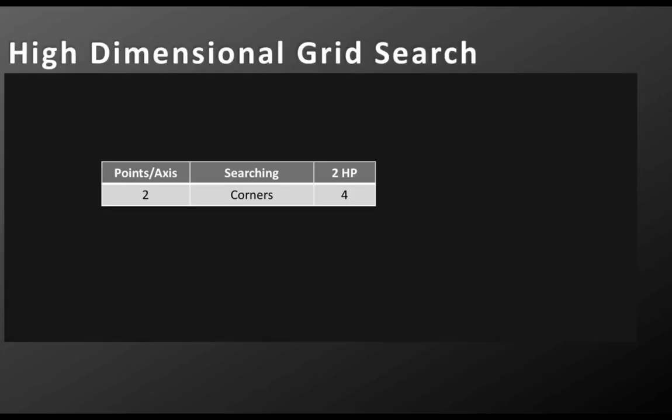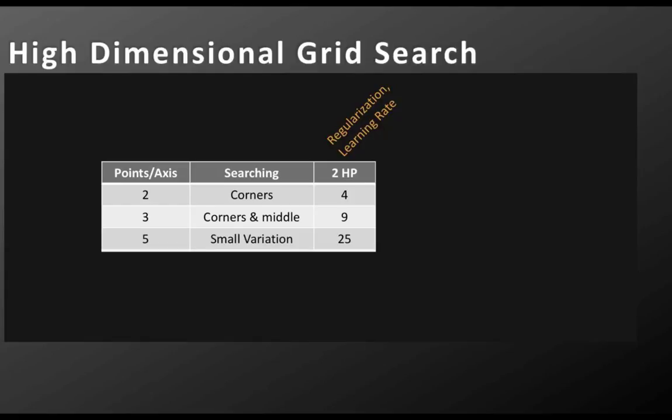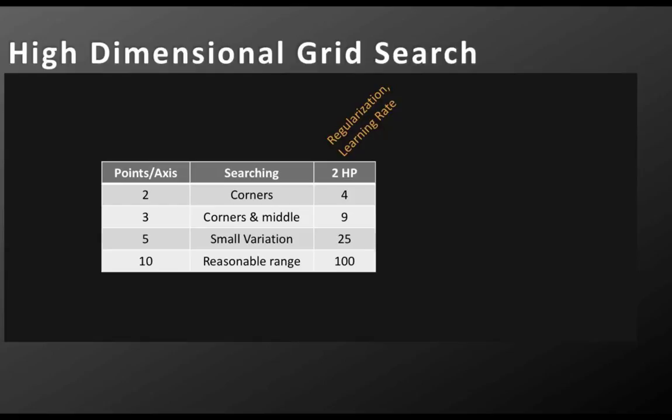So consider this geometric analogy, and let's say you're tuning only 2 hyperparameters like learning rate and regularization. And all you want to do is try the corners of this configuration space. That's 4 training jobs. Now, if you want to try the corners and the middle on each axis, you're up to 9. If you want some variation, you're up to 25. And if you want to try actually a reasonable range, you're already up to running 100 training jobs just for